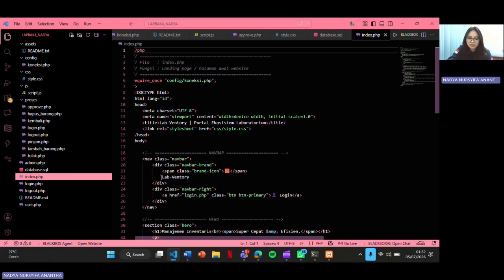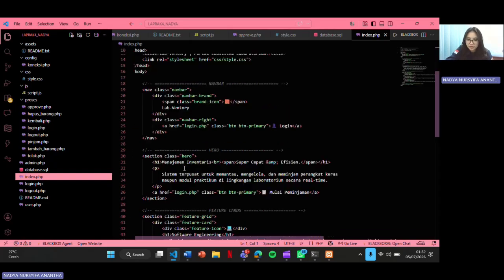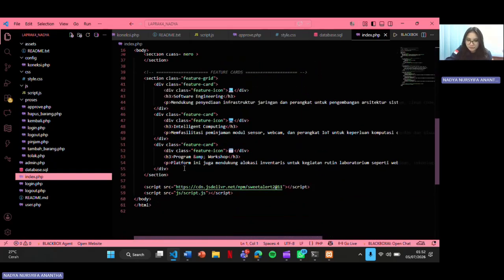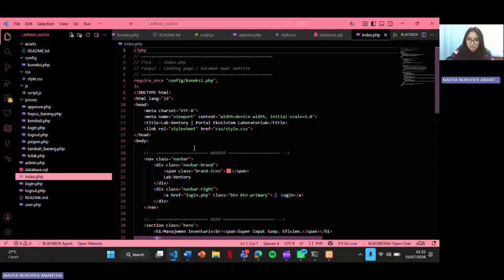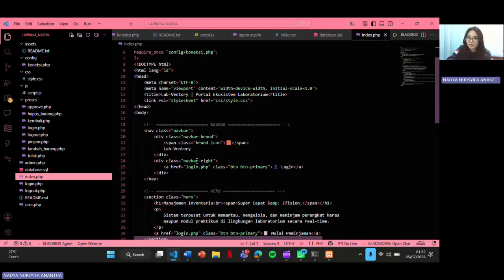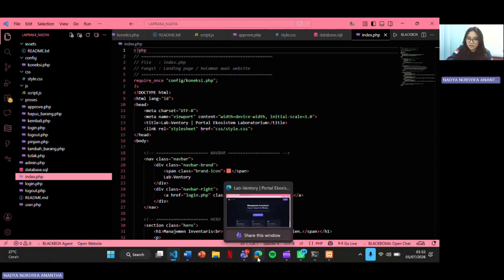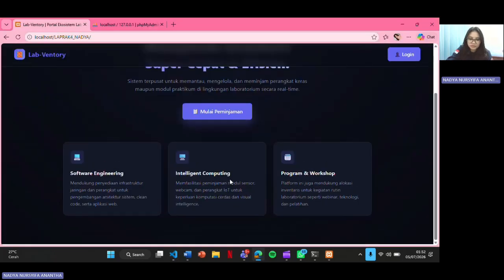I also added three feature cards representing the laboratory software: software engineering, intelligent computing, and program workshop. Okay, the website looks like this.